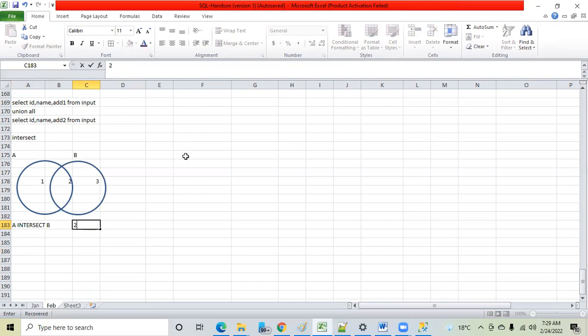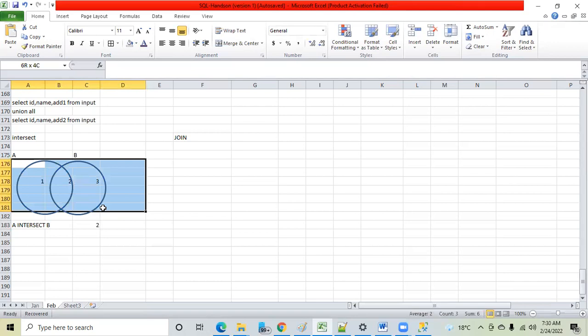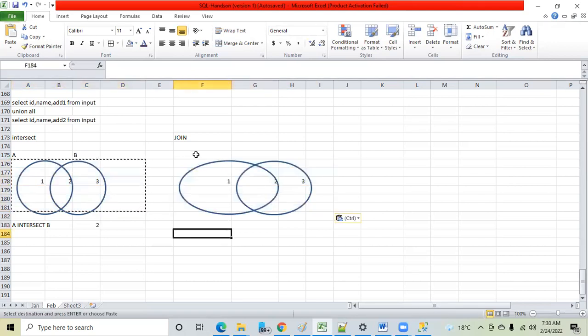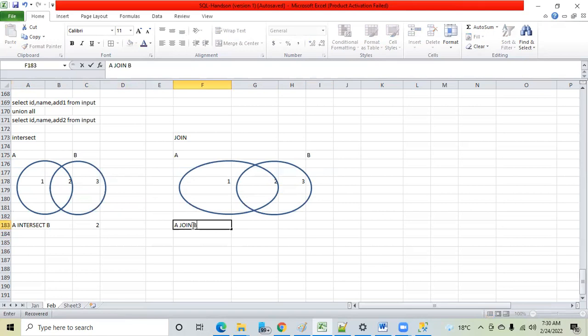Okay. Now join. Same example, everything is the same. A, B. If I tell you A join B, I'm not discussing all the joins, like cross join, because this is not a topic of join. Why am I explaining this? Because Mukilan has solved this with the help of join. That is why I thought this is a generic concept and everyone should know. Don't think that Tanvir is covering join now.